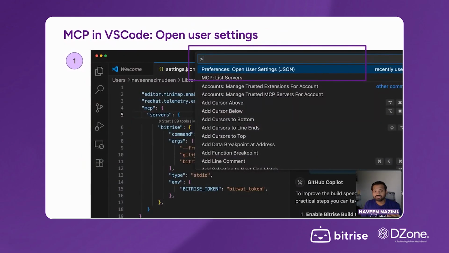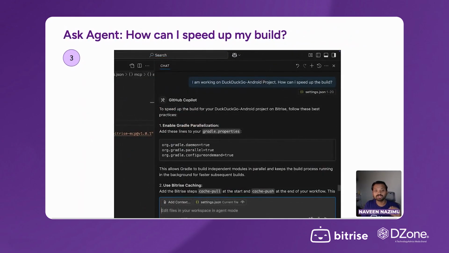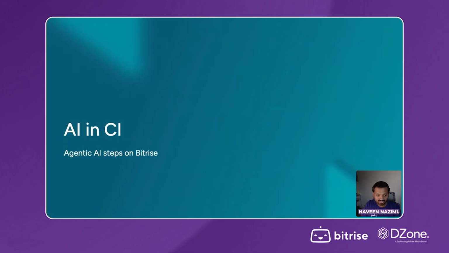Setting that up is easy. I just wanted to showcase that here in VS Code. Open it, press Command-Shift-P, and then in the user preferences, just paste the JSON that you see on the left-hand side, generate a Bitrise token, and add that there, and that is it. Now, on the right side, on the chat, choose agent, and you can ask any question. And I did ask a question to the MCP server today, but before I go into that question,